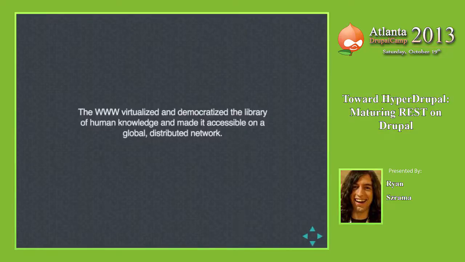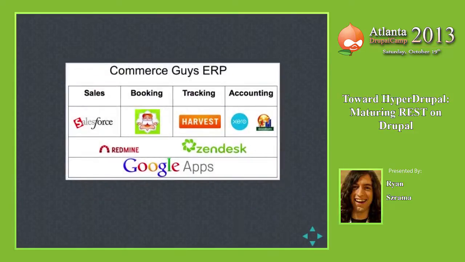We're also virtualizing offices. So this is actually a slide we use internally to summarize the Commerce Guys ERP because we're too cheap to pay for a legit ERP. So we string together a bunch of different web services that do their own individual jobs specifically. What's great about them, of course, is that they all have REST APIs or some sort of API that let us talk between them. They have shared authentication protocols like OAuth 2 and other things like that, so that we can take all these different web services that are on the internet somewhere and tie them together to create one coherent system for our business.